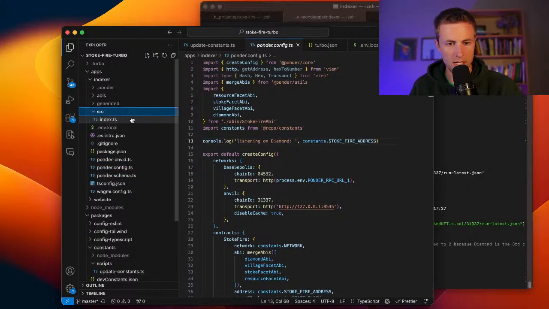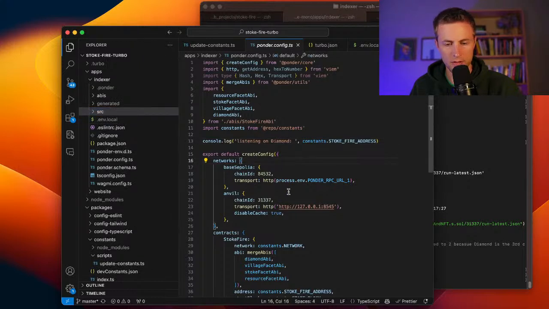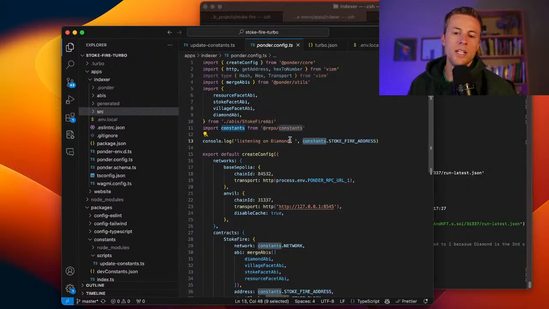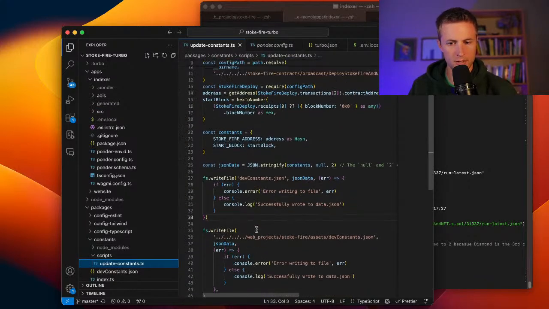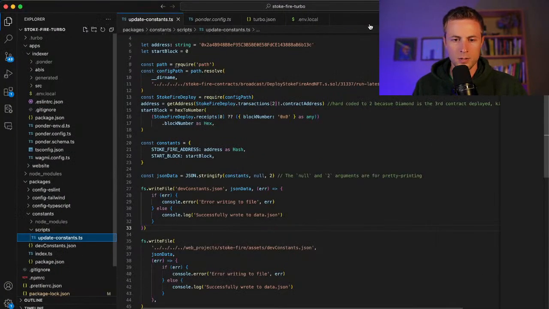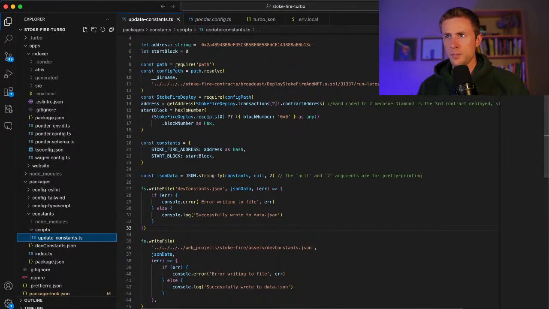we should have this config file, and it's pulling these constants. And we kind of need to update where these constants are getting pulled from so that we can actually use them. So what I have going on is a script. I guess it's not in here. Where did that script go? Oh, right here. This script, let's make this bigger. This script,